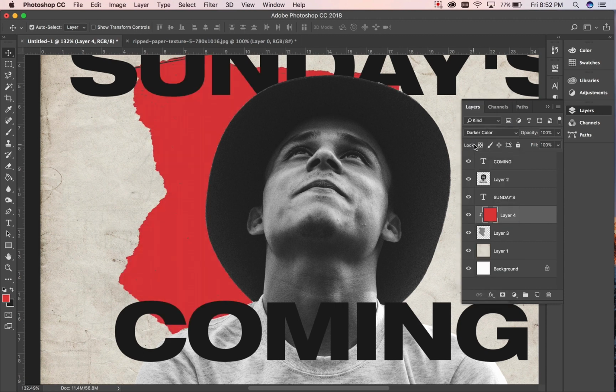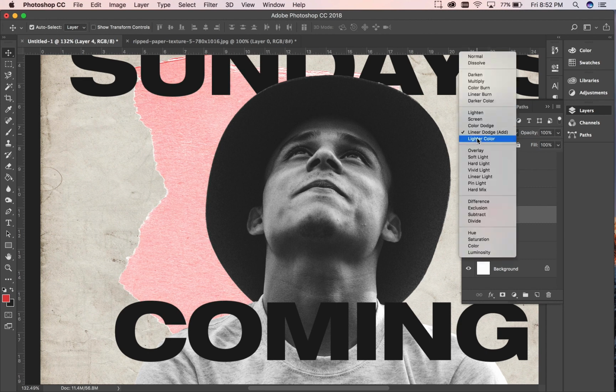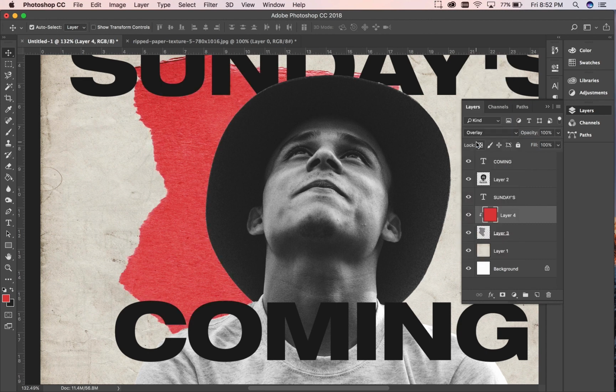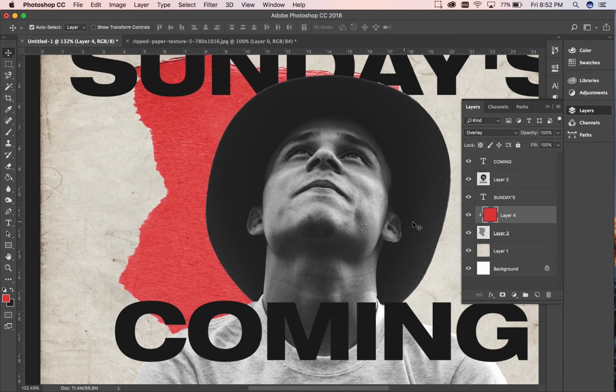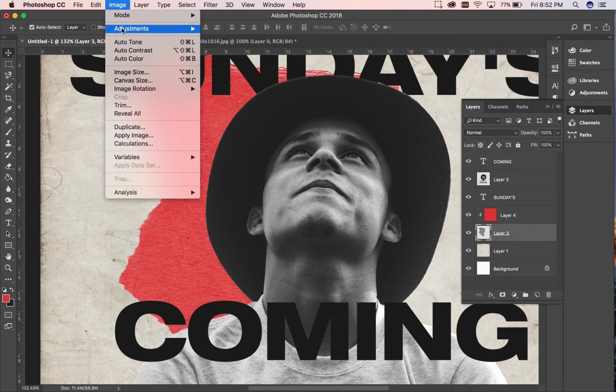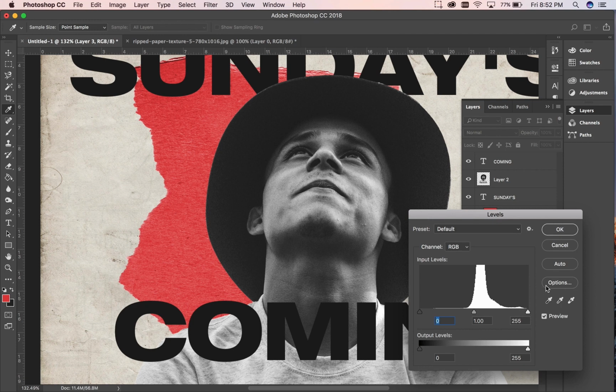Just going through all these. That kind of looks good. I think I'm just going to use overlay, but then I'm going to go into the settings of the piece of paper. I'm on the paper layer, the levels,